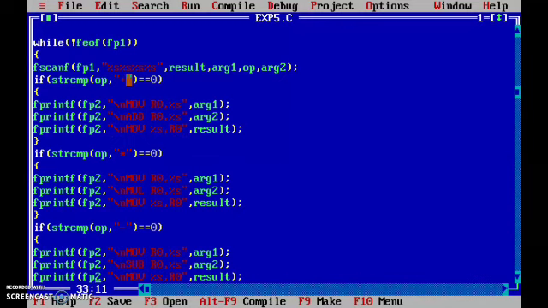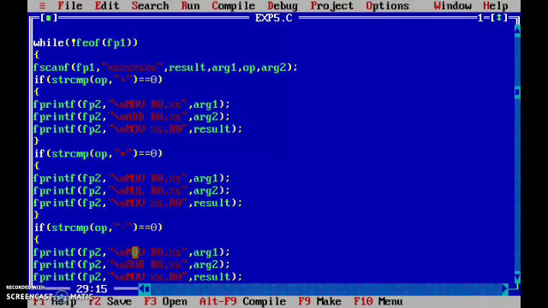Similarly this is the case for the plus operator. We'll go on continuing the same for the different operators. If the operator is star, again the first line is the same, that is we have to move argument 1 into r0. As this is star, we have to use the multiplication mnemonic here, that is mul, and after that the result is stored back to the result.